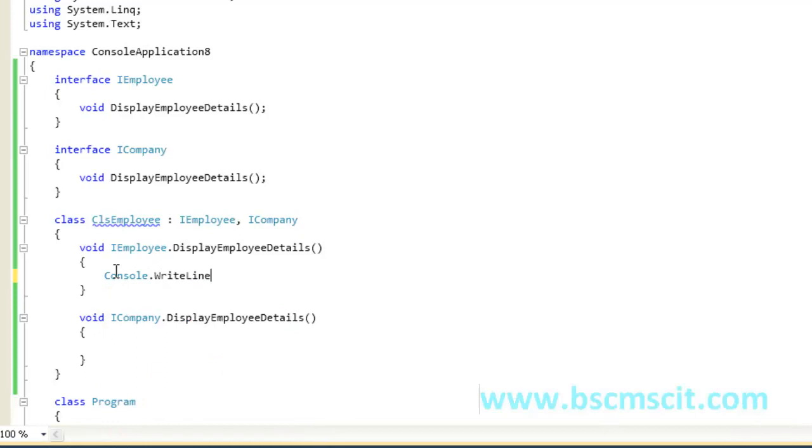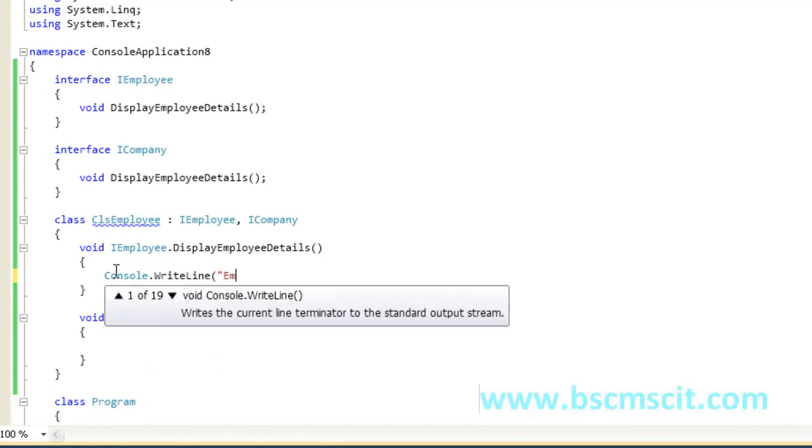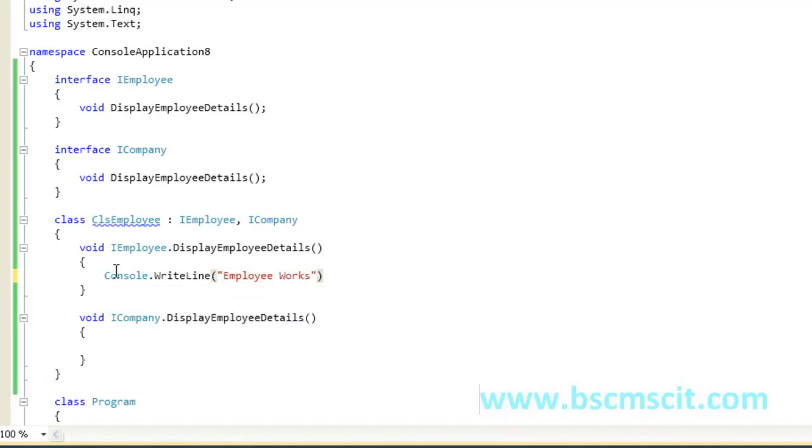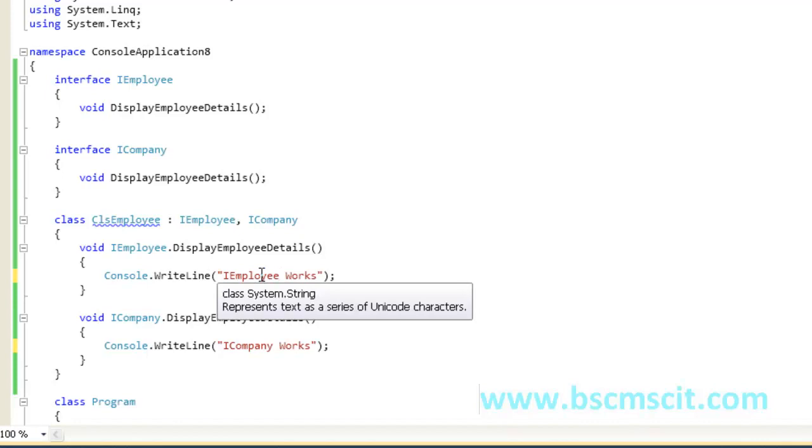Console dot WriteLine. So we are done with providing the implementation for both the signatures.